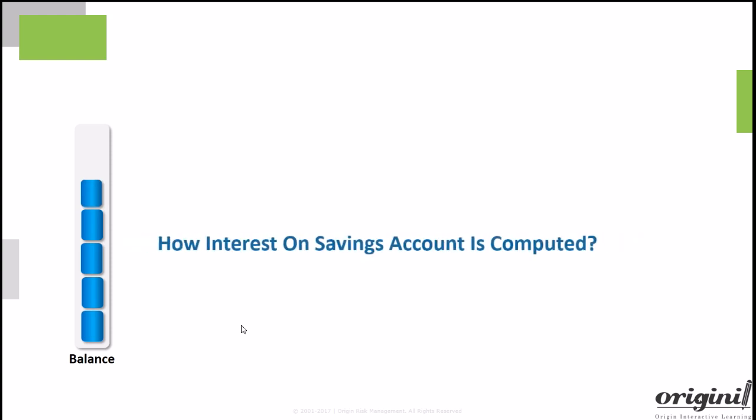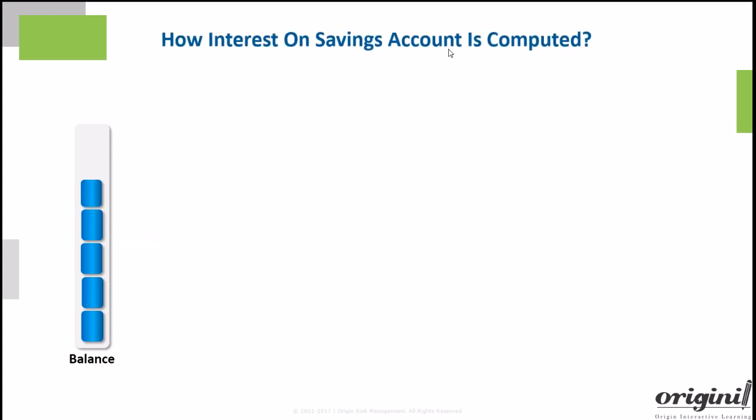As we understand, savings account balance will fluctuate as money is credited and debited from it. So, how does a bank calculate the interest it needs to pay on savings account? In case of savings account, the banks pay lower interest. Let's assume that it is 4% per annum. The rates have gone down in recent times, but we will use 4% for illustration.